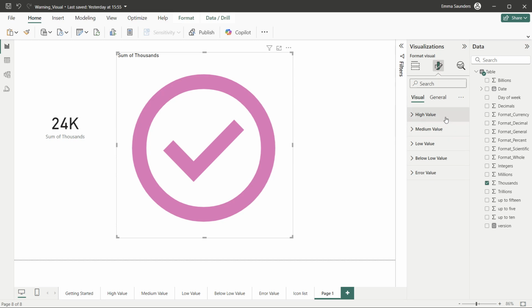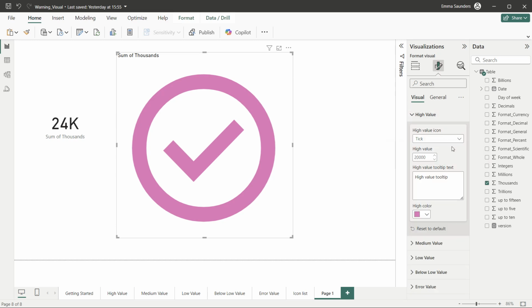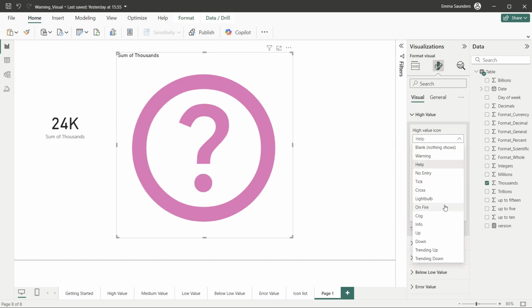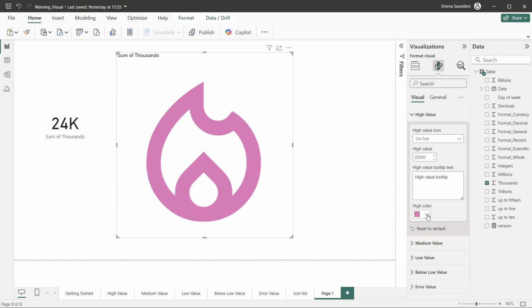the formatting pane. So we have high, medium and low value, below low value and error value. And the first three of these all act in much the same way. The reason that you're seeing a tick there is because 24,000 is above this high value of 20,000 that's been entered. And anything that you choose here is what will show in your visual where the value exceeds this high